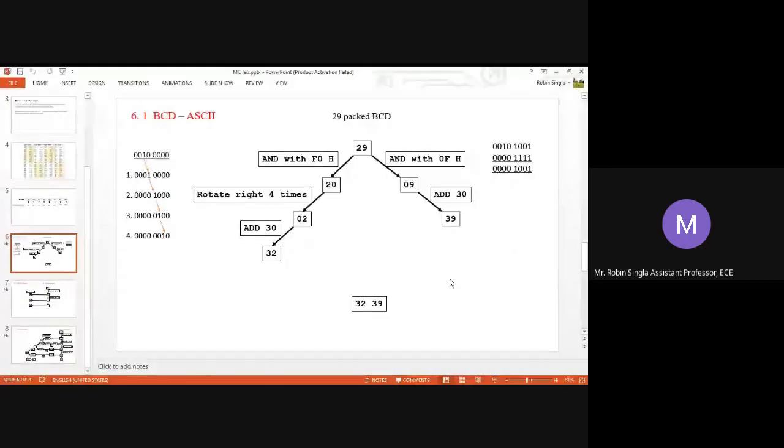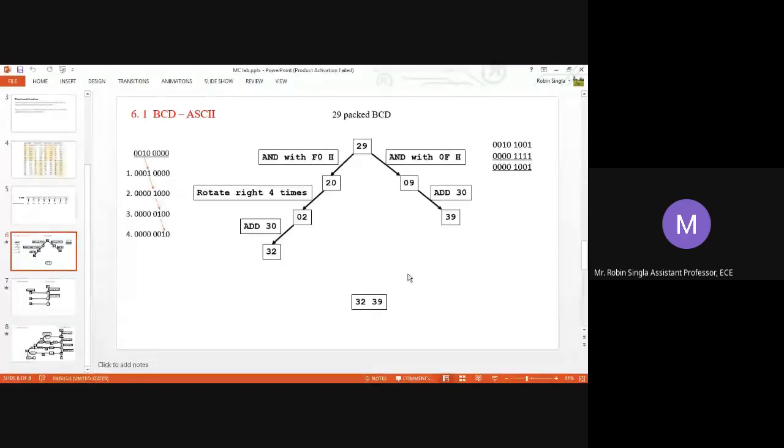Your experiment number 6 is conversion. It has 5 programs. 6.1 is BCD to ASCII converter, then ASCII to decimal converter, then decimal to ASCII converter, then hexadecimal to decimal converter, and then decimal to hexadecimal converter. In this PPT, I will explain the logic of how these programs work. I will explain 3 programs, and the remaining 2 you will understand easily after looking at the written code. Okay. So first is your